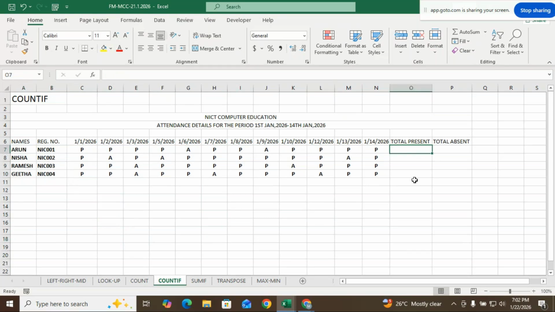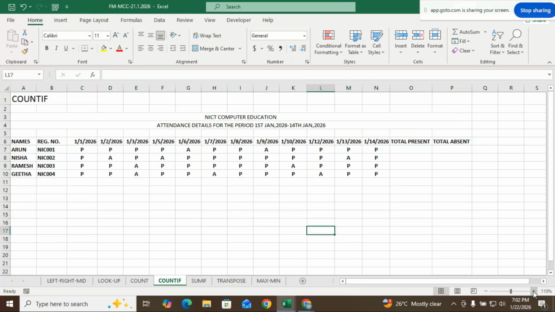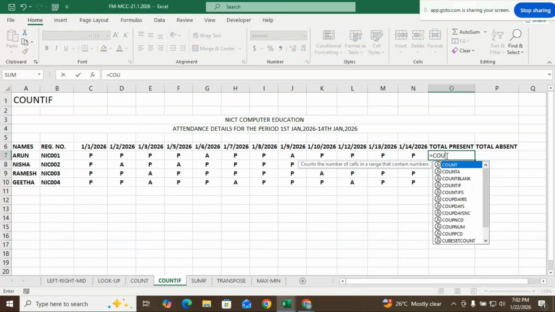Now I'll go to the total present column and apply the counter function. So here is where you have to do it. Okay, now see, equals COUNTIF,